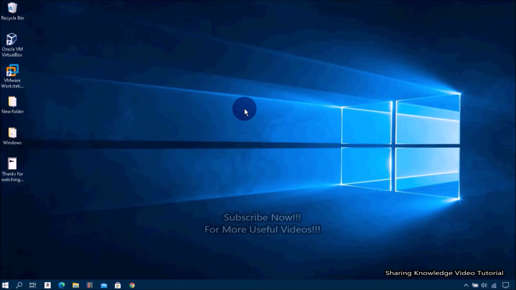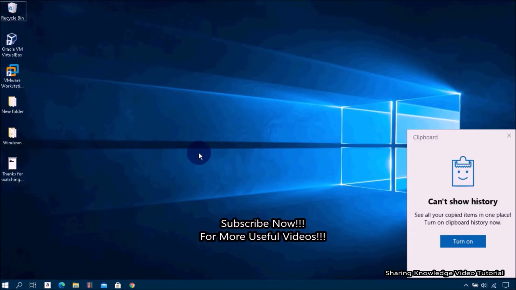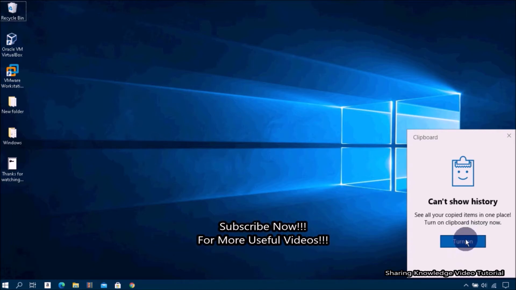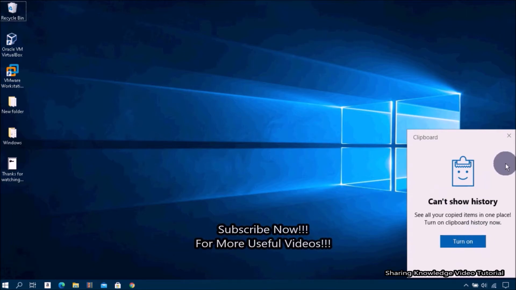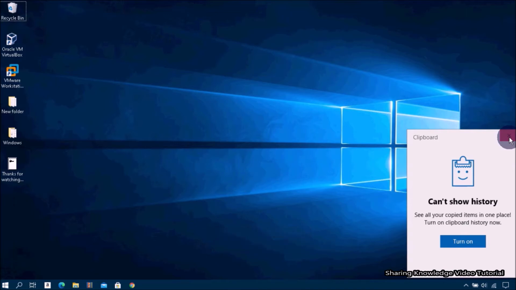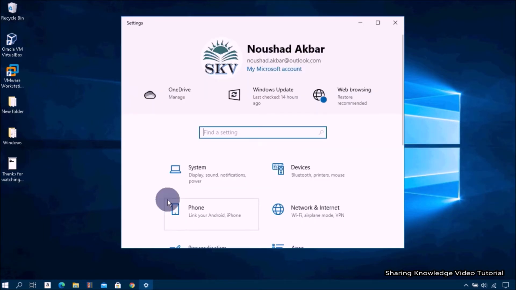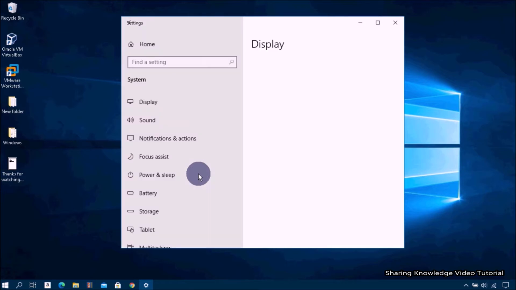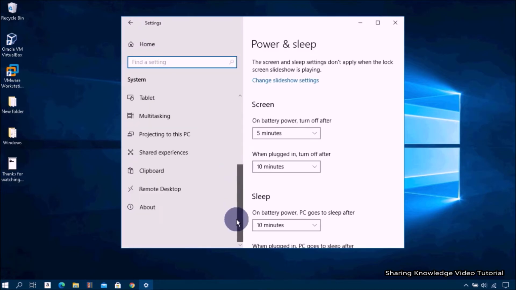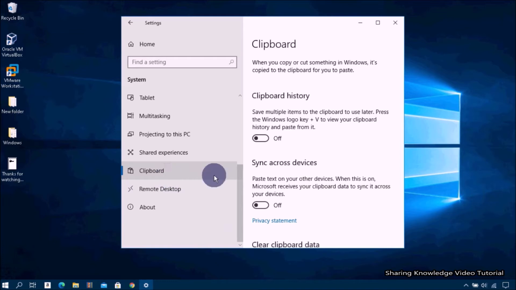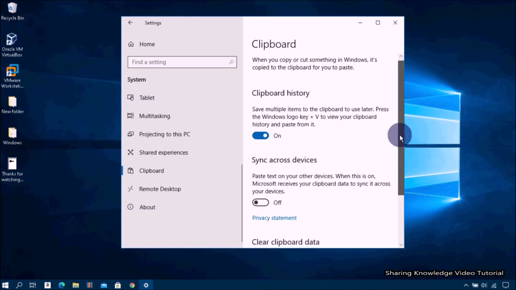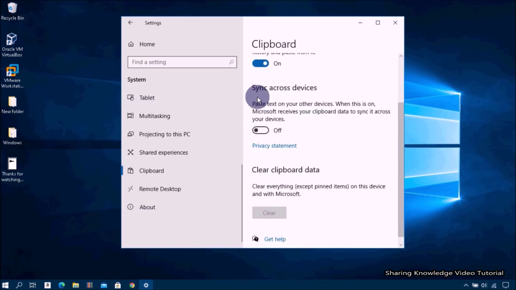Let's start. You can open the clipboard history by pressing Windows logo key plus S. But you have more future options on the clipboard settings. Okay. Open the Windows settings by pressing Windows logo key plus I. From the settings menu, select System. On the left pane of your screen, scroll down, then select Clipboard. On the right pane under Clipboard History, turn on your Clipboard History toggle switch to save multiple items to the